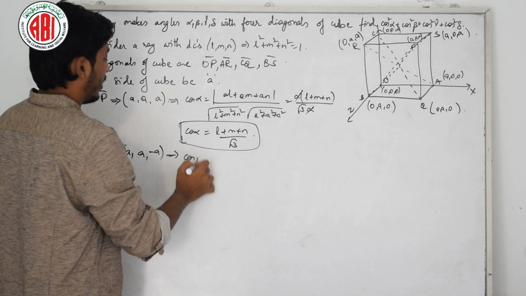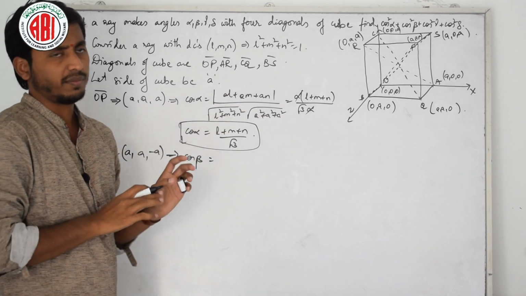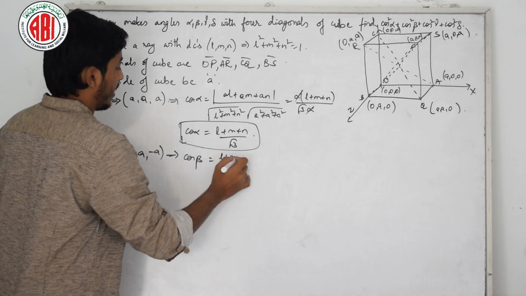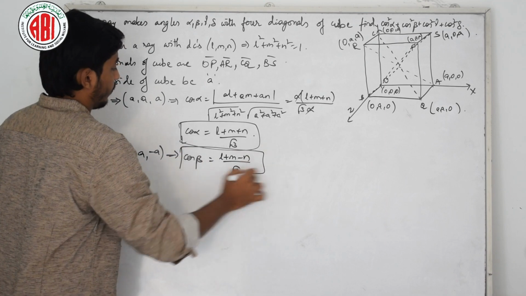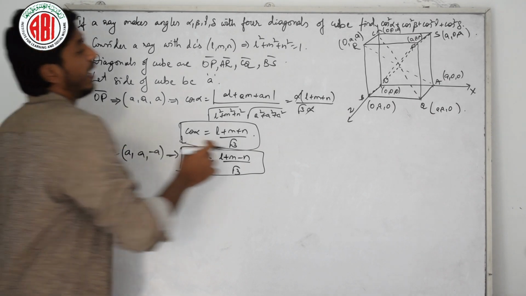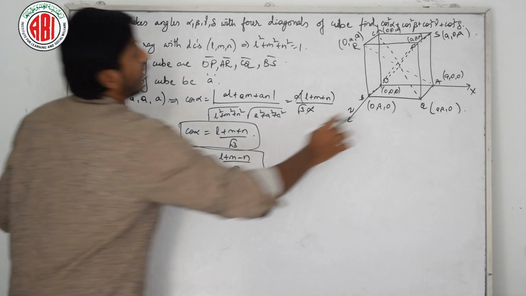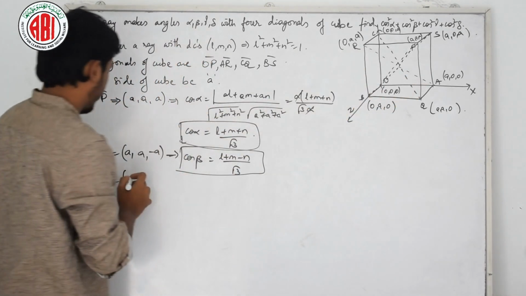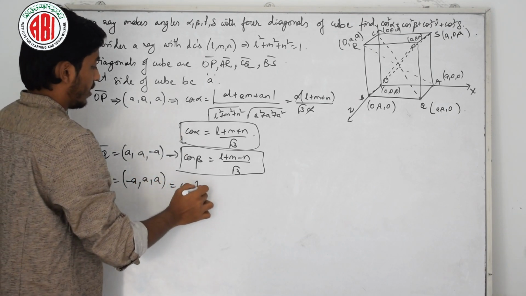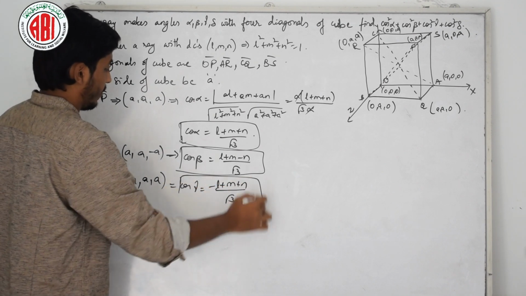Then similarly I will get cos beta as (AL plus AM minus AN) divided by, everything will be same, right? Let me write, similarly cos beta is equal to (L plus M minus N) by root 3, is it fine? And similarly the next will be AR. AR will be R minus A, that is 0 minus A is minus A, minus 0 is A, minus 0 is A, that is cos gamma equal to (minus L plus M plus N) divided by root 3,